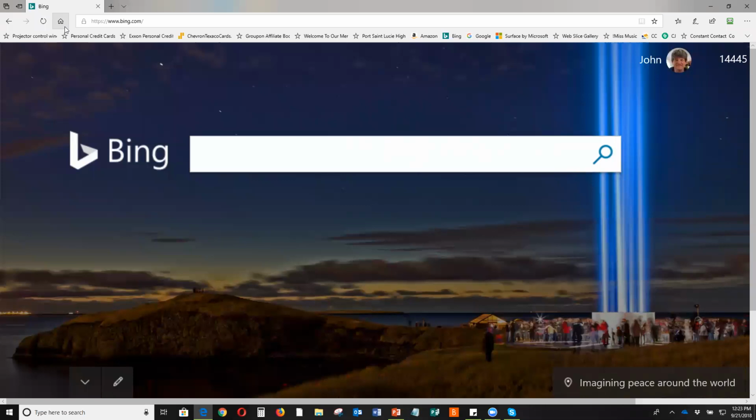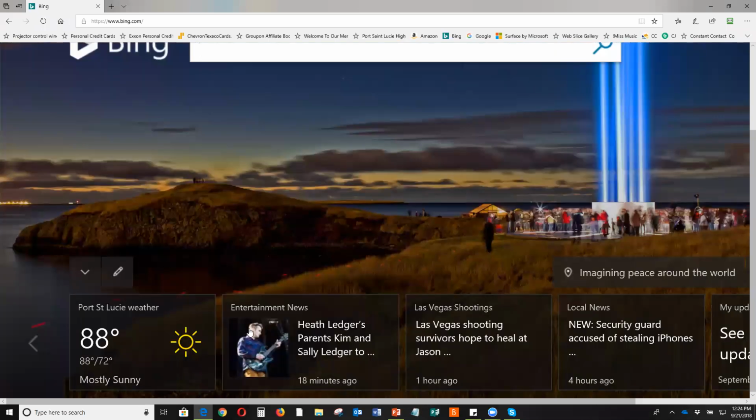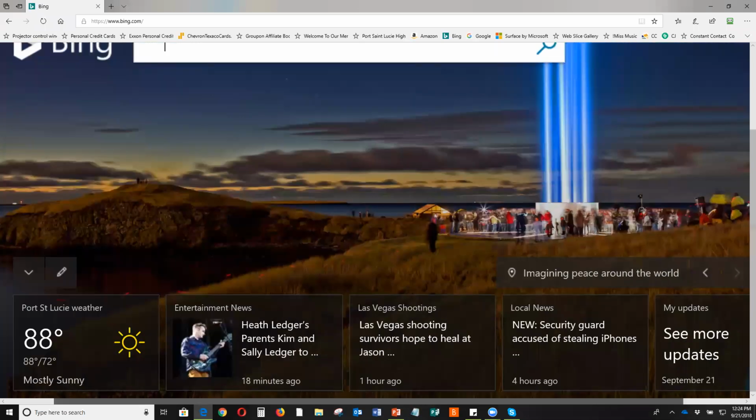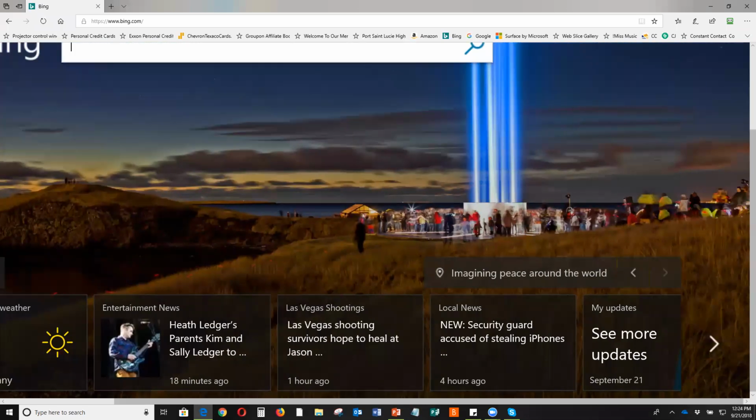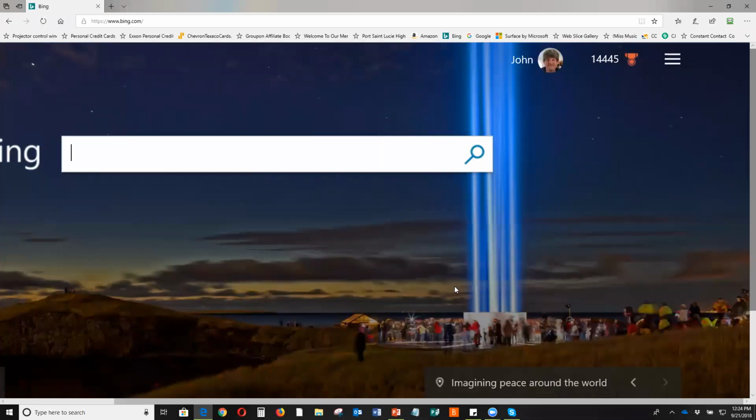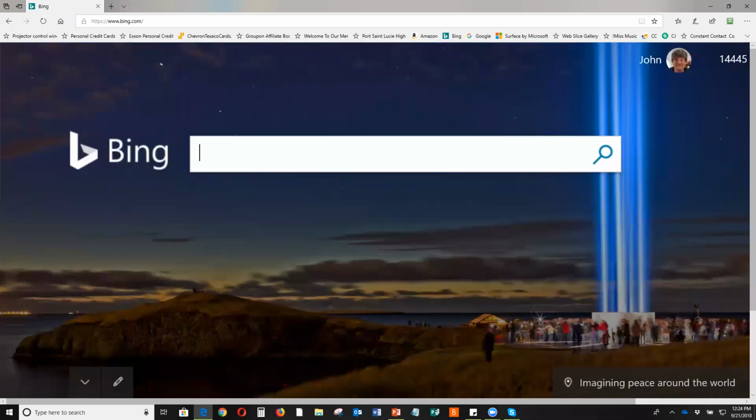And generally speaking, what I'm looking for in search, I can easily find in Bing. Also at the bottom, they give you things like the Port St. Lucie weather. They give you stories that they think you might want to see, or that are in the news. There's entertainment. There's all kinds of things that they give you as suggestions. And that's another reason that I like Bing. So it's just bing.com, and you can go there and search for things.